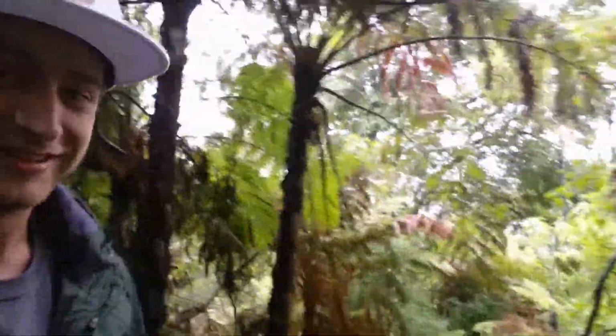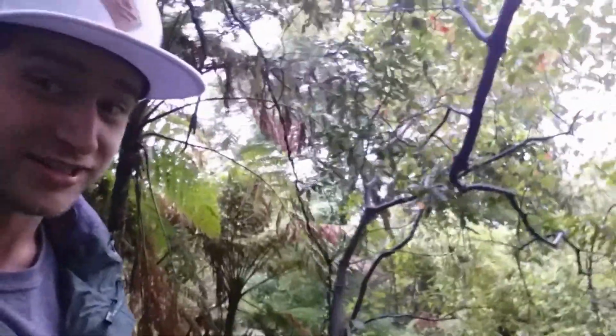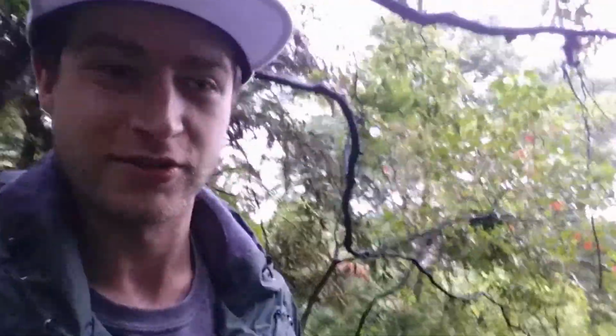Okay, so right now, I know you can barely see anything, but I am in my backyard. Doesn't seem much like a backyard, but that's also because it's a trail. And we're actually, I don't know if you can see it through here, but we are right behind people's houses. And at the bottom of said trail,